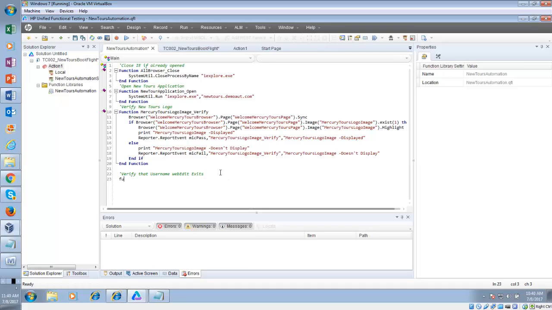Now I'm going to write a function for this. Username web edit. What is the operation that we are doing? Verify,